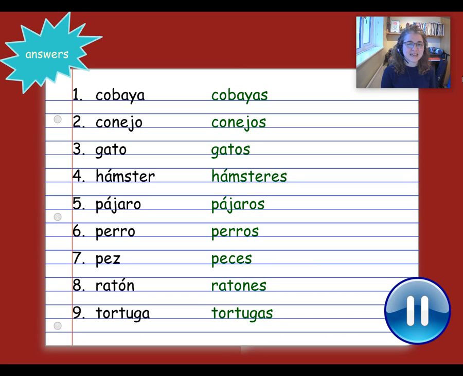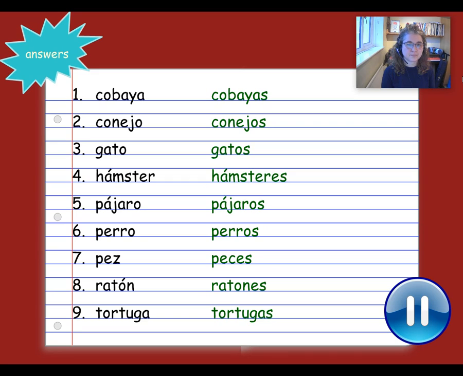So we would add ES, but the rules of Spanish say that we also have to change the Z for a C to keep the th sound, because Z and E aren't allowed together in Spanish. Then number 8, ratones, ES on the end, and tortugas with just an S because it ends with a vowel. So if you need to pause the video just to mark your work, do that and press play when you're ready to